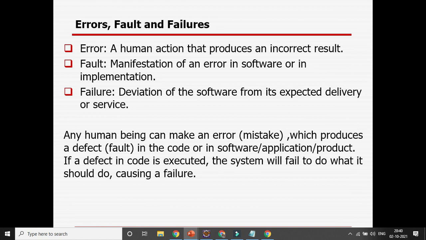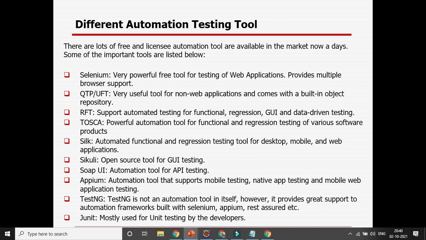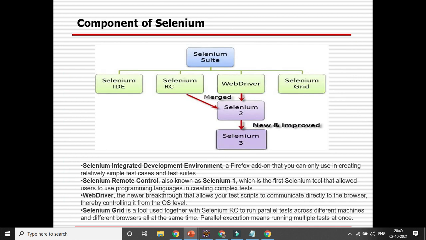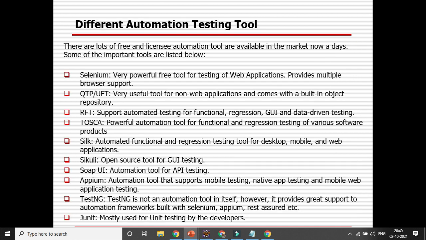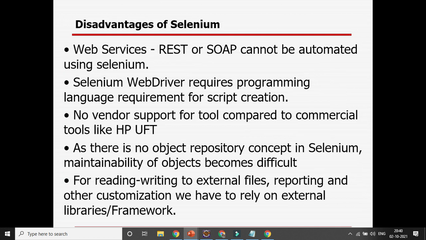Software testing you already know. Though I have tried to repeat and give a few important pieces of information so that it will help you clear the interview in case they ask something. Different tools, so that now you can concentrate on Selenium with Java. No need to worry. Any tool, any framework, any programming language is fine to start your career in automation. Then you can definitely enhance your career with other tools. This is the advantage.